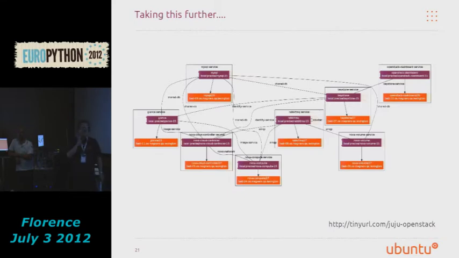One of the first things we charmed when we started focusing on delivering charms to support Ubuntu server deployments was OpenStack. OpenStack is probably our most complicated charm set, as you can see by the spider diagram in front of you.